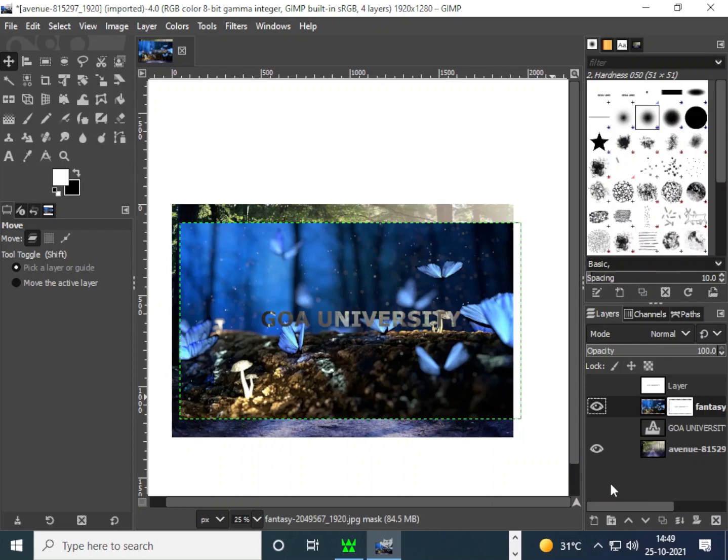See what happened. It is showing the background layer, right? The background image through the Goa University thing. But what I wanted, exact opposite.